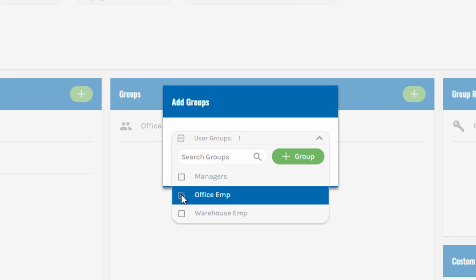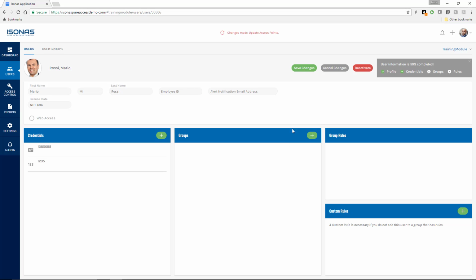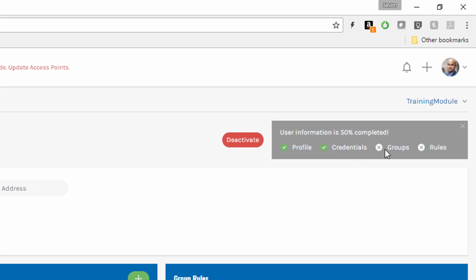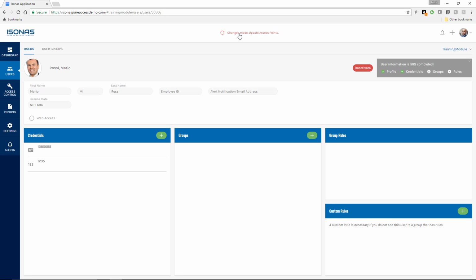see what groups he's in, we'll just uncheck the office manager. Now he's not part of any groups, 0 groups. We'll go ahead and save that. We'll save changes for his user. And now we can see he is not part of any group and he has no rules associated with him. So if we go ahead and run a change now,